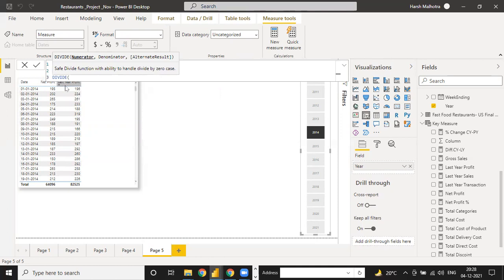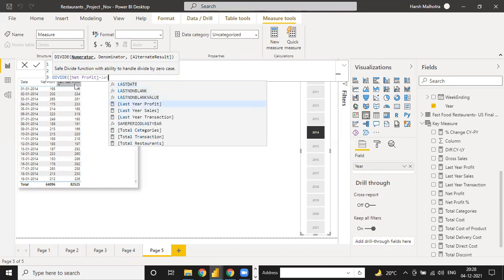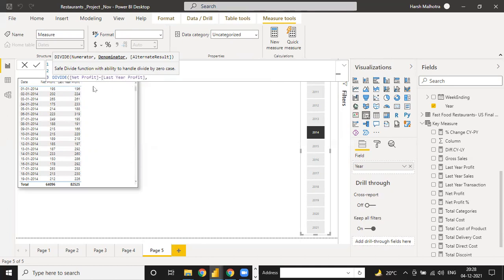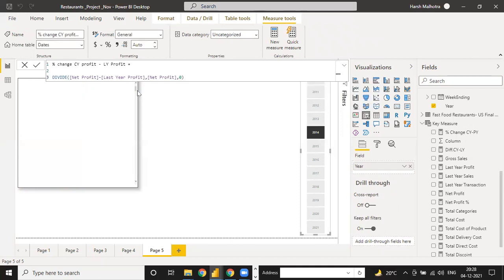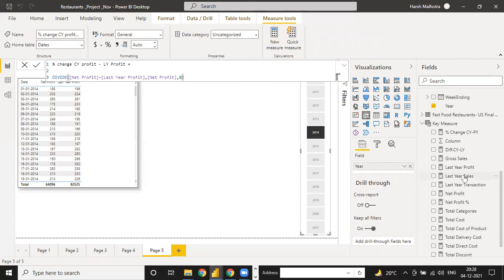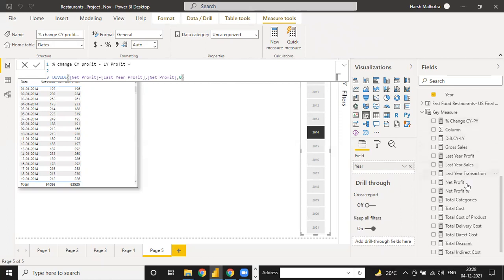Numerator means net profit minus last year profit. So just go to this net profit minus last year profit. This is your numerator, and denominator is net profit. 0 you can add for any divide function always, because 0 helps you get an answer in the blank column. And see, now the answer is there.